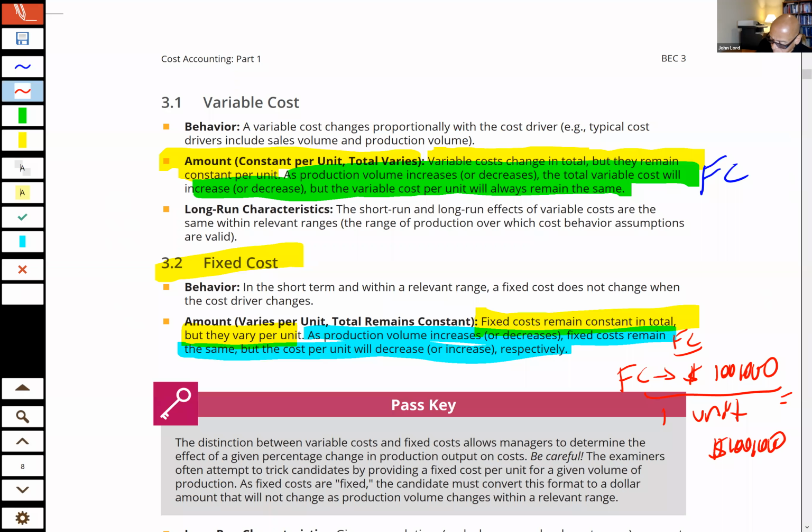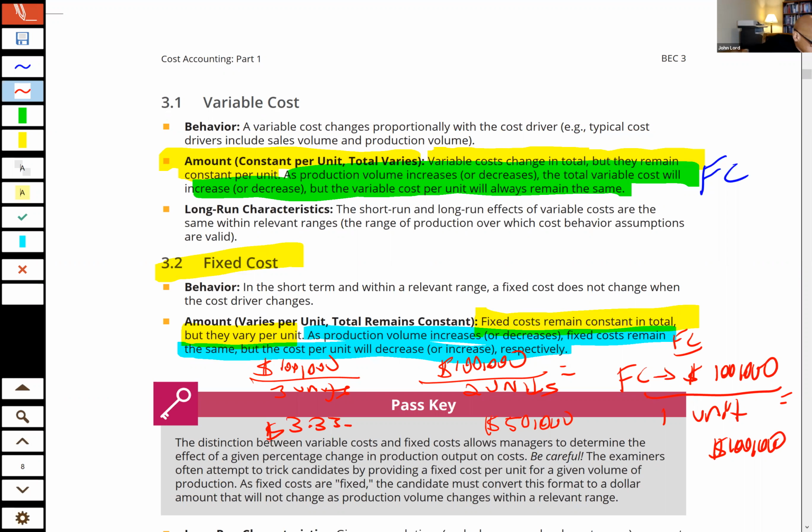Okay, fixed costs are going to remain the same in total. Let's say I produce 2 units. Now what's my fixed cost per unit? Not a trick question. 50,000, good. Just to go one more on a very obvious point here: 100,000, 3 units. Now my fixed cost per unit is 33 cents, whatever. So they changed on a per unit basis as the number of units produced changed, even though the total stayed the same, right?